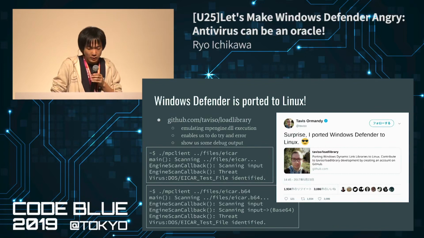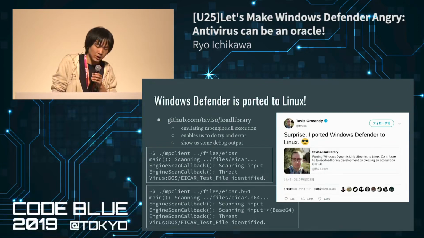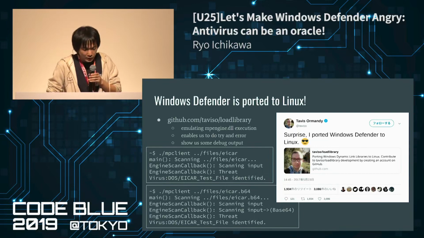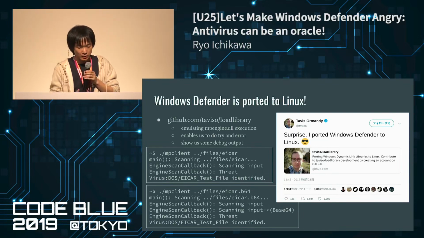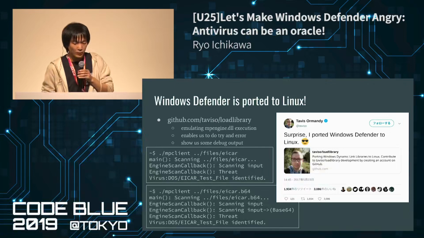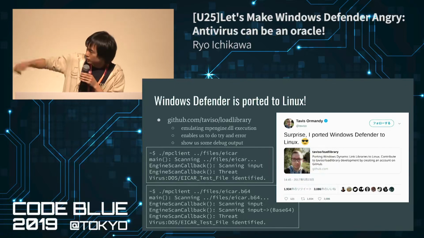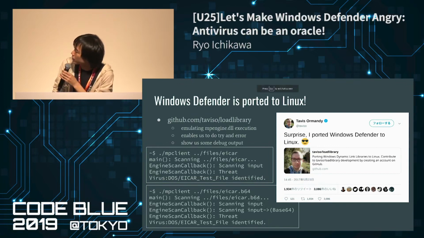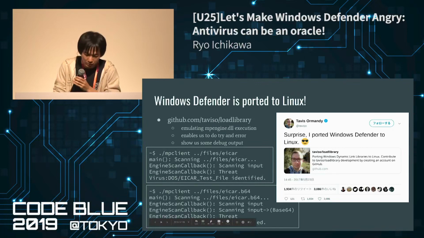Actually, they're emulating mpengine.dll, which is the core engine of Windows Defender execution. And it enables us to do trial and error and shows us some useful debug output, like this one. You can see that base64 is decoded, and the decoded content is also detected as the Acre signature, right?